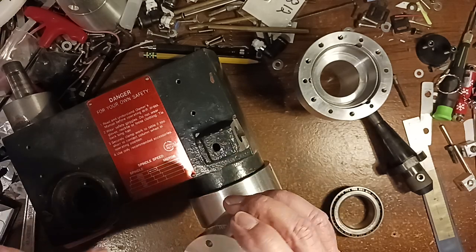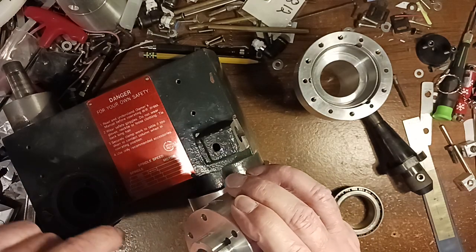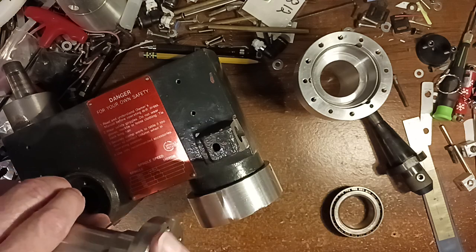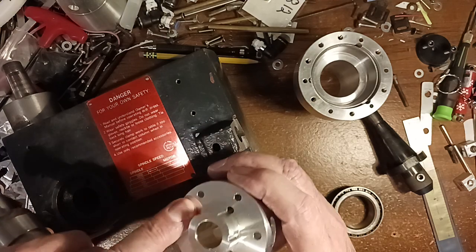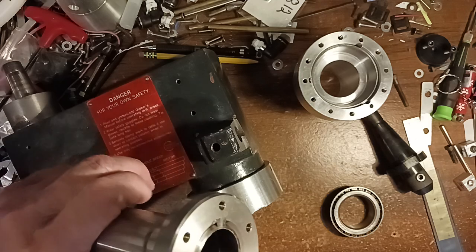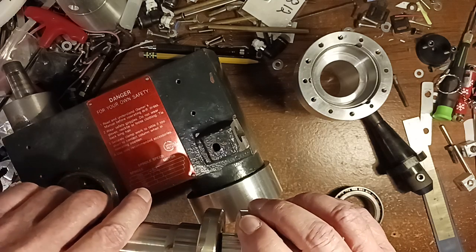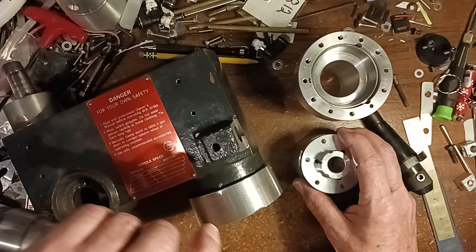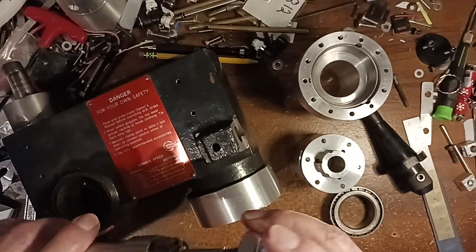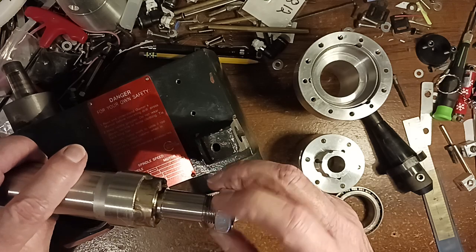But it's too small. I needed a bigger surface. So this surface rides against this surface, and then this surface rides inside of that surface to act as a pilot. So then I threaded it because I was going to make a pulley, and I was really surprised because when I threaded it,